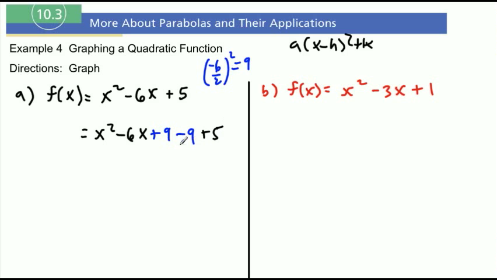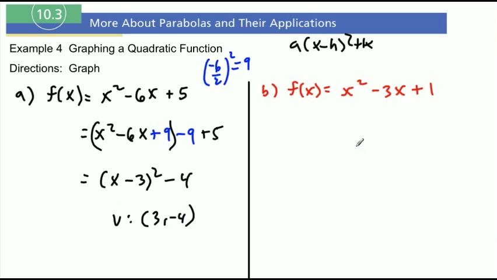Okay, so I did that in blue so you can see. Oh, look, those cancel out. So it's the same problem. I'm not changing it. Now let's factor the first 3 terms, and that becomes x minus 3 squared, and then we get -4. All right, now this is nice because we know what the vertex is now. The vertex is (3, -4), and that's the most important point on a quadratic,